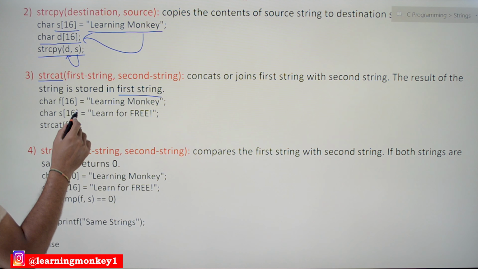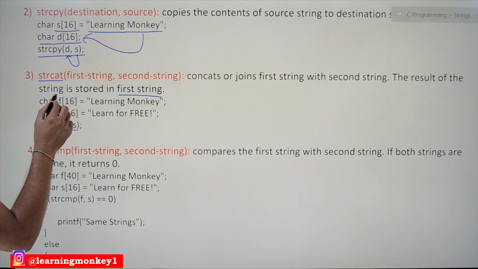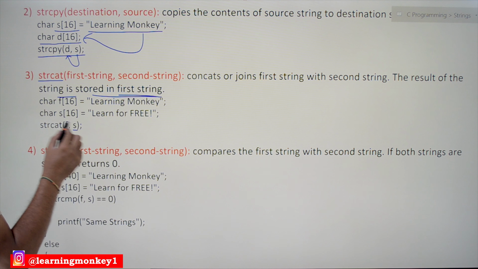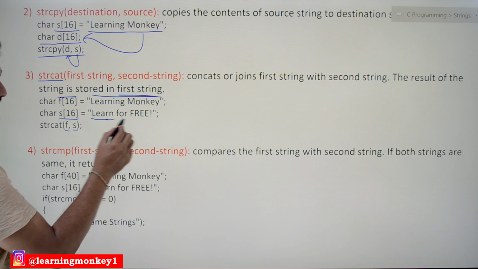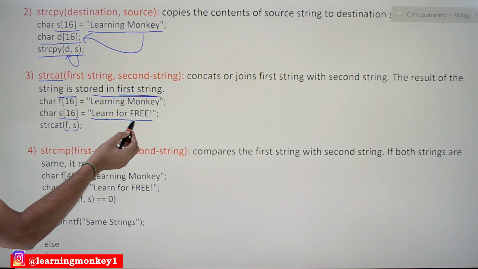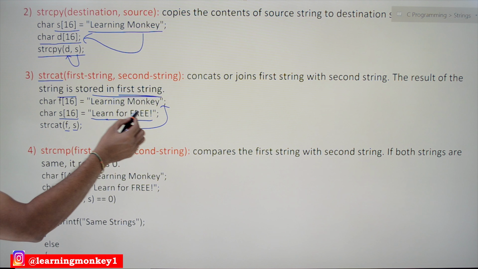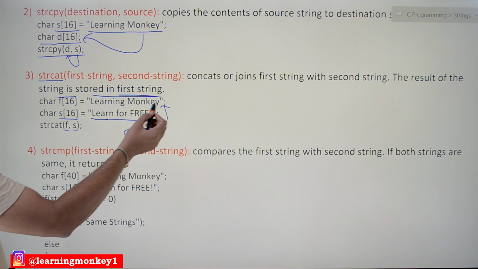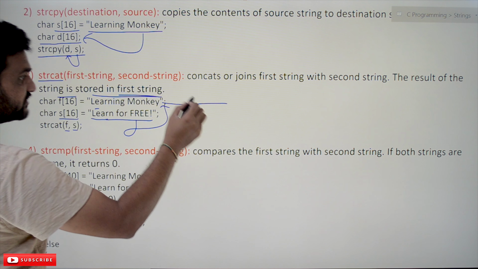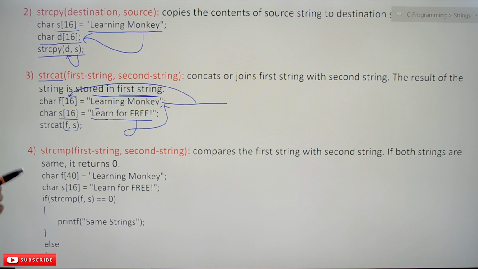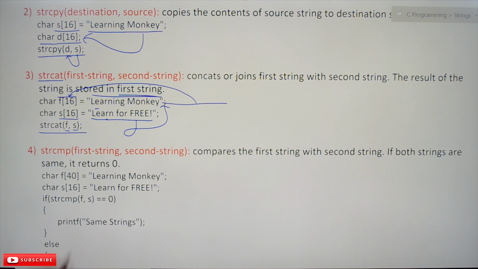In this example, f is the first string and s is the second string. The first string value is Learning Monkey. The second string has the characters learn for free. So this learn for free will get concatenated to Learning Monkey, and the entire string, Learning Monkey learn for free, will get copied onto the first string.